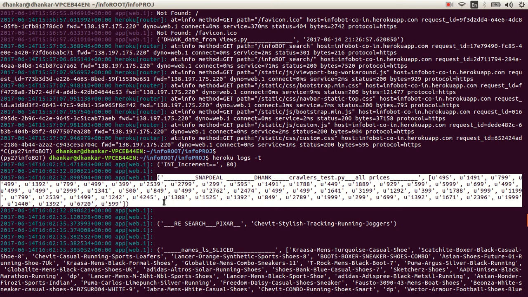So I'll get to that as to where I put that in the code and what it's supposed to be. So right now, let's just say Snapdeal Django. That's just my setup. Crawlers underscore test.py. Within that, all prices. So this is what is coming out. These are Unicode prices of products, and that's the reason you see that